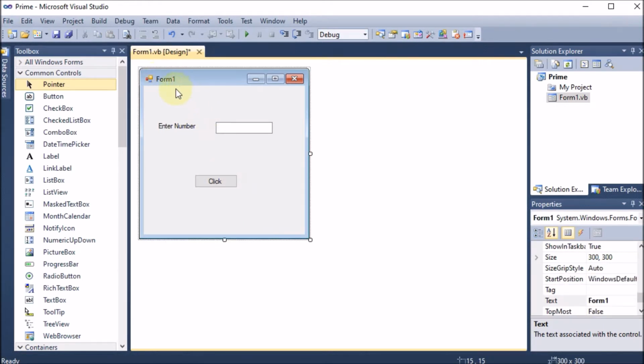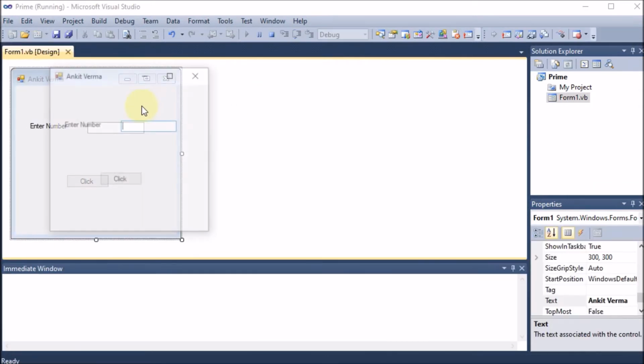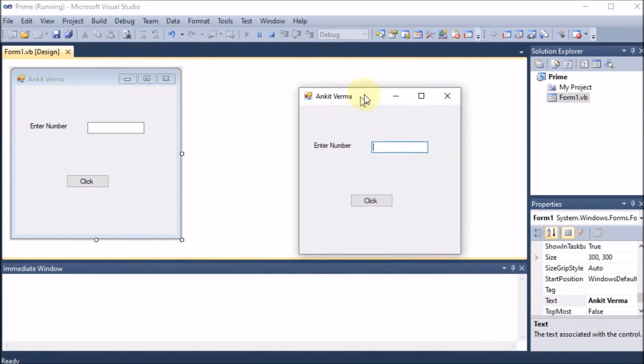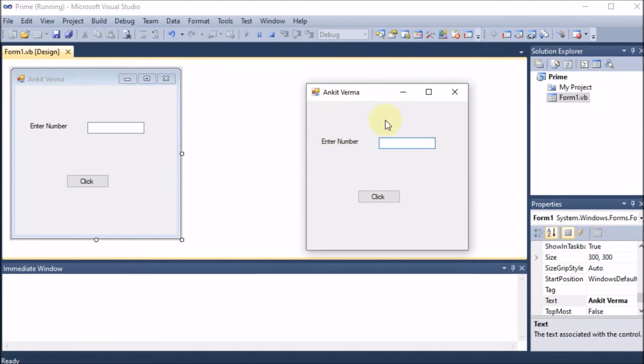Now afterward we are clicking on the form here and going on the properties section and we are giving the name of form. Let's say we can provide the name. I am providing my name here. Now if I run this project, then afterward I will click on the start debugging button. Then afterward the output will load, and with this output we will see how the program will look like. So this is the enter number. The form will be like this, and after we will enter the certain number like 5 and click over there.